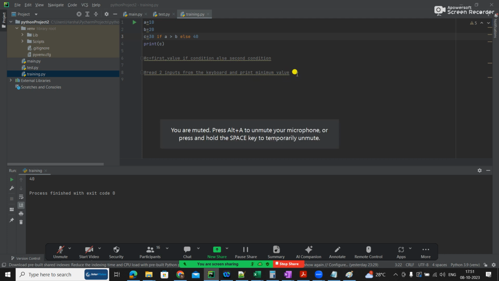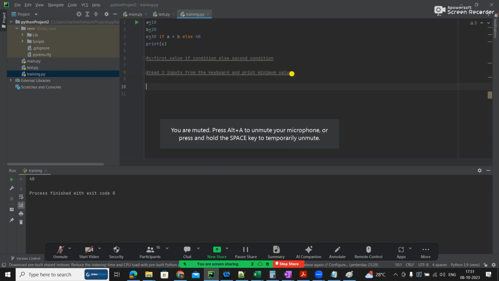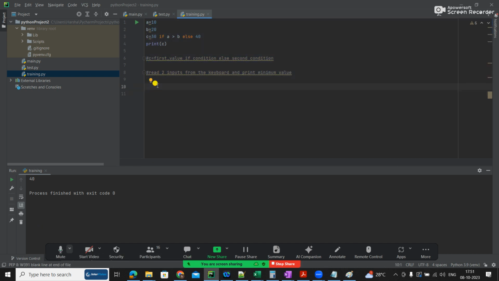So read two inputs from the keyboard and print the minimum value. Okay, this I'll show. Right now, I want you to do three inputs and one more question after this as an assignment.